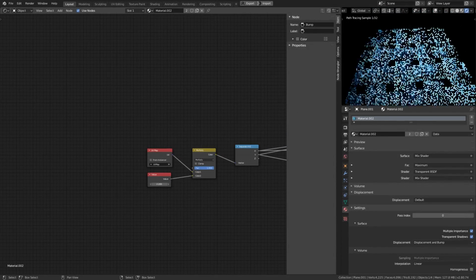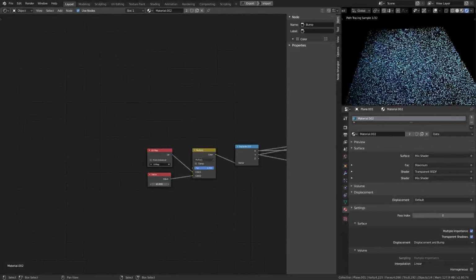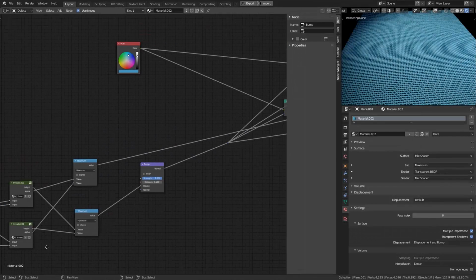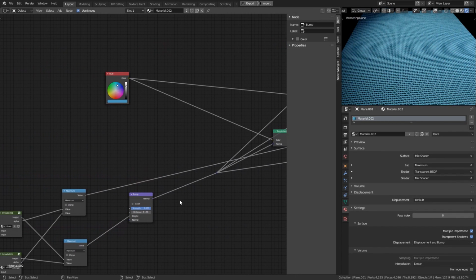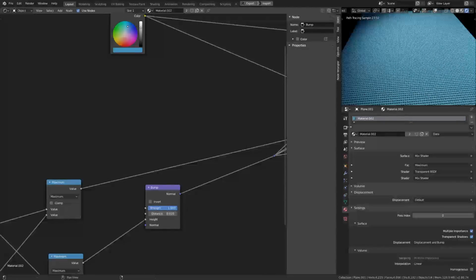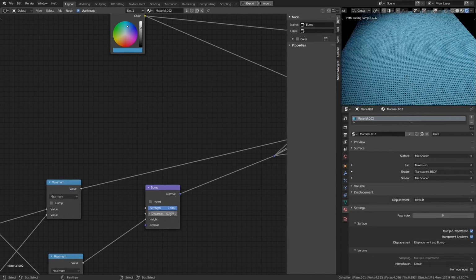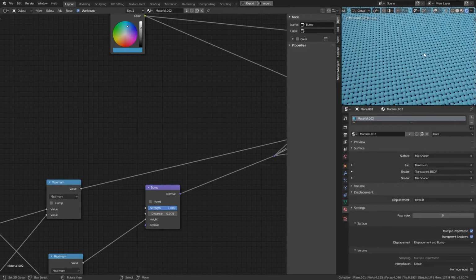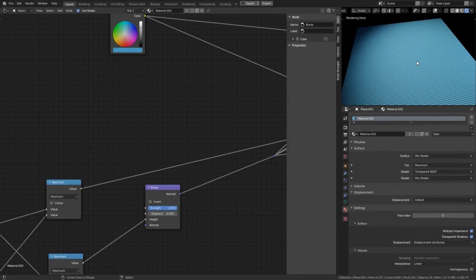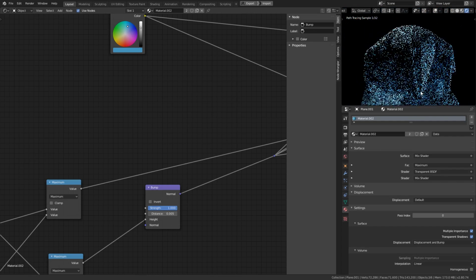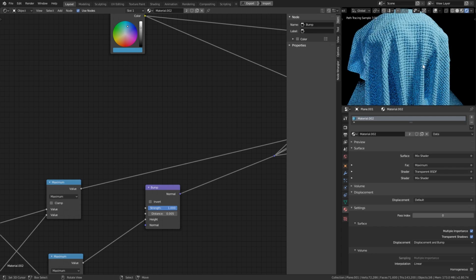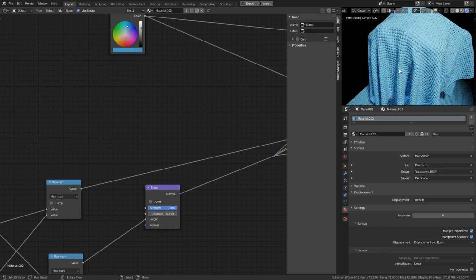So we can now increase the value here to decrease the size of the pattern. And since the size is now much smaller, the bump is too strong again. So we need to set this to something really low. Maybe something like that. Yeah, that will do. So that's it. We have a nice fabric, and let's bring back our other piece of fabric and visualize our hard work,